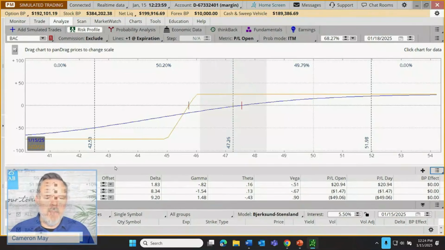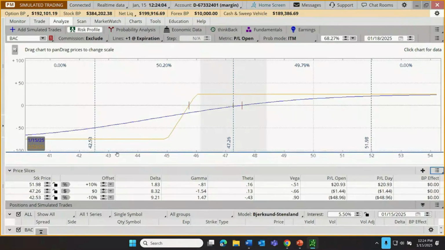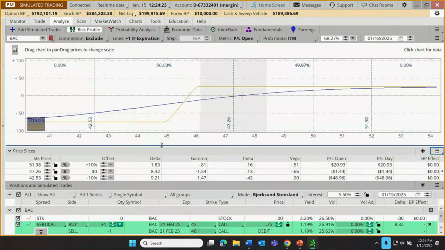So the expiration on this trade, let me drag this margin up a little bit so that we can see our trade down here. If there's not enough space down below, if we're looking at the price slices, the trade can kind of disappear off the bottom of the screen. So we can borrow some of the space that we're using for our chart just to bring that trade back into view by moving this margin up or down. So let me just put it right back where I had it. There we go. But what in the world is this date, and how does it relate?